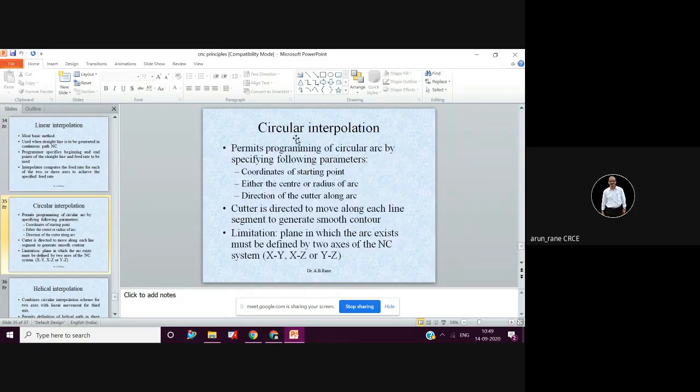Then for circular interpolation, you have to give the start point, then either the center or the radius, and you also need to specify the direction, whether your arc is clockwise or counterclockwise. So three things are important in circular interpolation: the start point, the center or radius, and clockwise or counterclockwise.